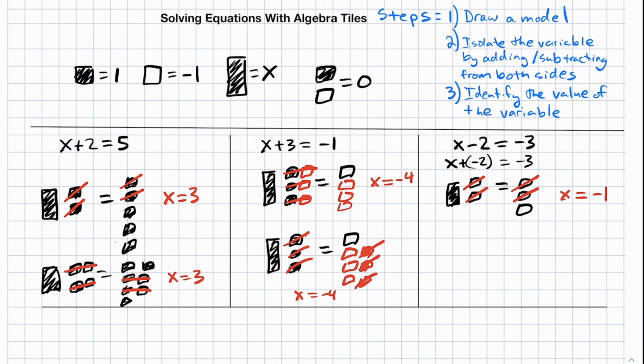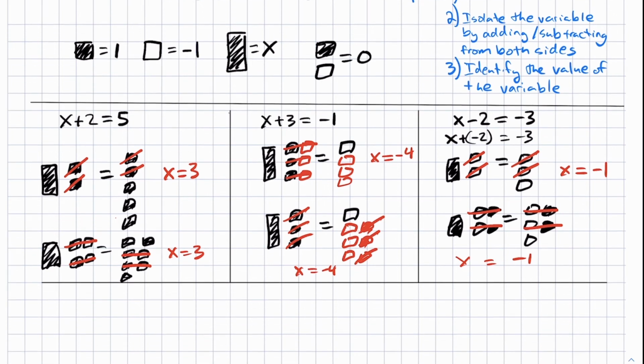Alternatively, right, we could do this if we wanted to. We could add 2 positives to the left and 2 positives to the right. That gives us zero pairs, using red. That gives us 0 pairs here, 0 pairs here, giving us, again, x on the left-hand side equals negative 1 on the right-hand side. All right, so this is a way that we can solve these kind of simple addition and subtraction problems. We're going to do a couple more